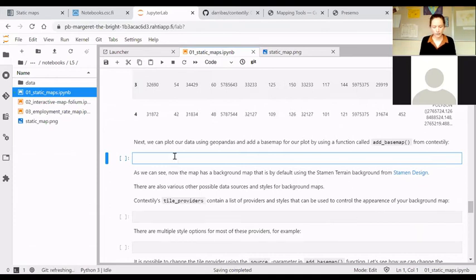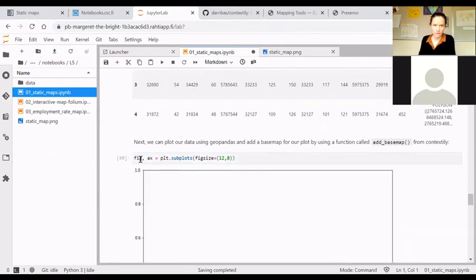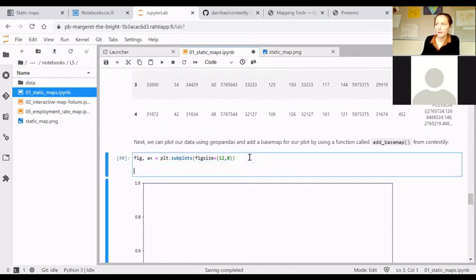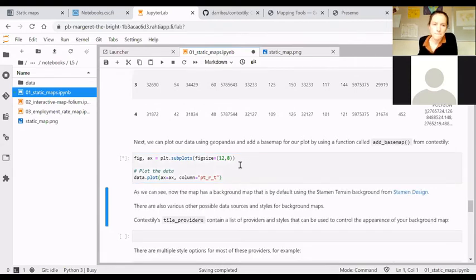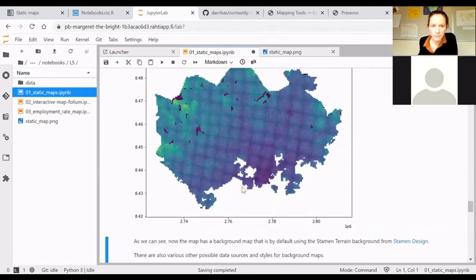Great, so let's create another kind of single subplot object. Make it big. So this needs to be a tuple. Fig, just an empty figure object to start with. And then let's plot the data. Data.plot ax equals ax, and then column, let's change to public transport, which is the preferable means of transport with a mask nowadays. Cmap can be something, where we can change that later. So same thing, still a static map, default